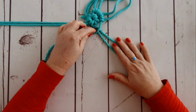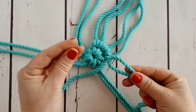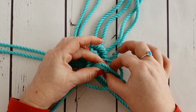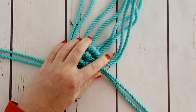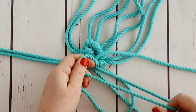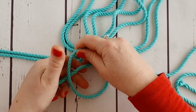Now before long you will come across a gap, and this gap is where we're going to start adding the remaining cords. So take the next longest one on your chair, place it underneath the filler cord, over the top, and then pull our long ends through exactly the same way as we added the cords to begin with, a reverse lark's head knot. But once that's on, we move on to the next cord and continue with our double half hitch, going over once and then twice,